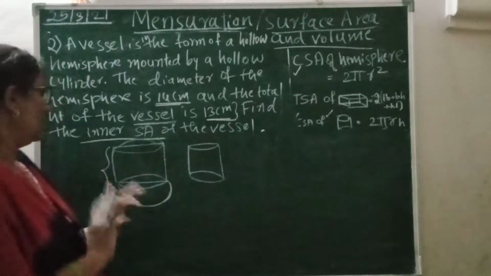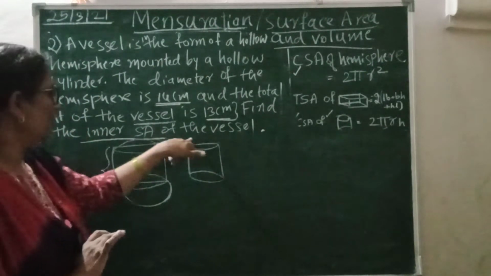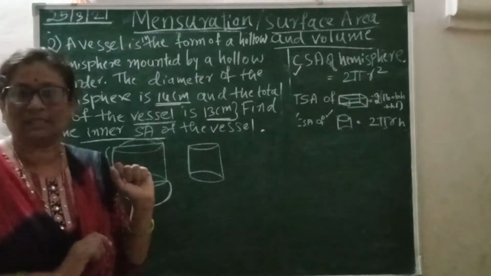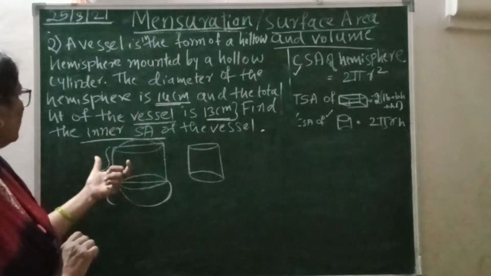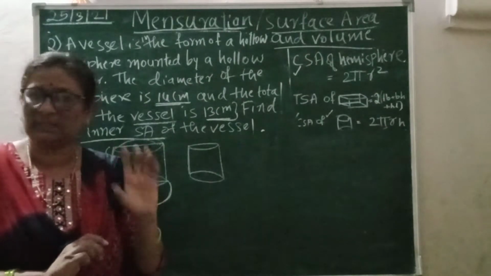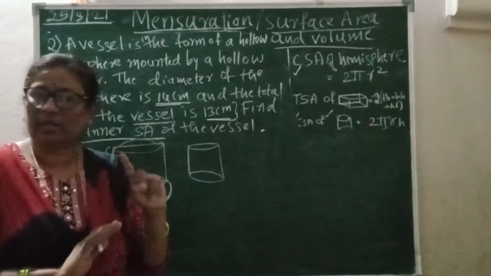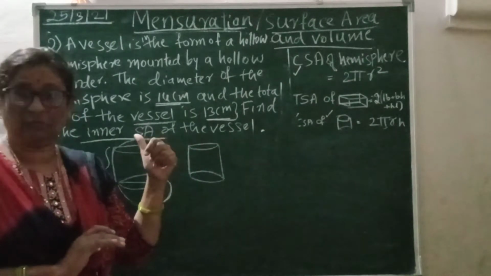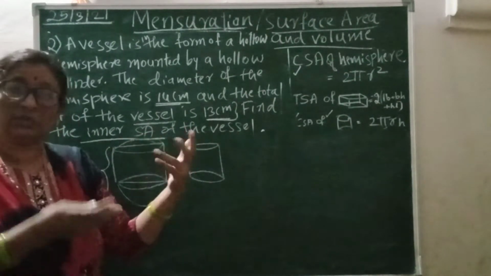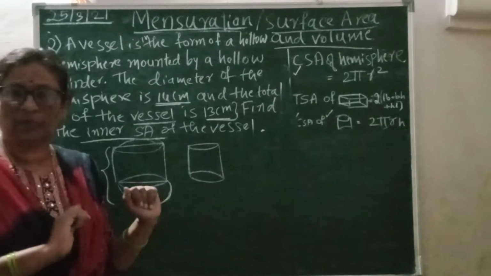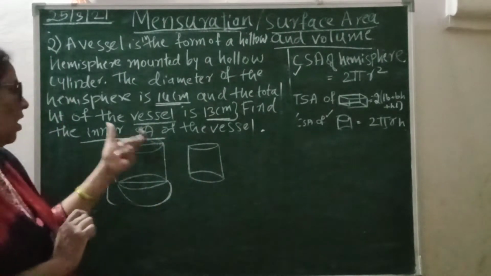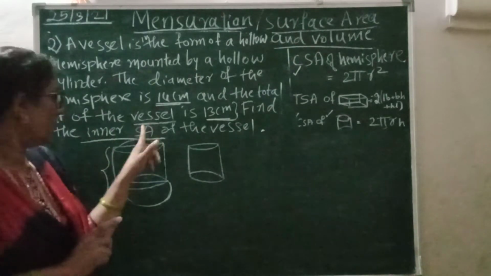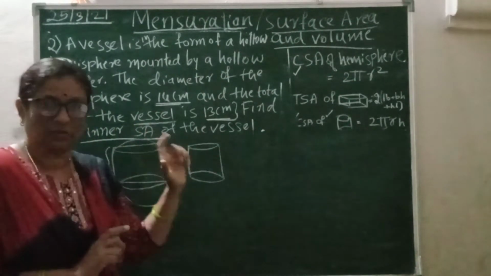Okay, now listen. Find the inner surface area of the vessel. See, until and unless the thickness of the vessel is mentioned, inner surface area and outer surface area refer to the same thing. This you must get. Don't confuse. Oh, this is the inner surface, what should I do with it? Total surface area is different. Sorry, outer surface is different. It will have a different formula. Don't go that way. So inner surface area, outer surface area, don't get confused. Take it easy. Now the inner surface area of the vessel you have to find.